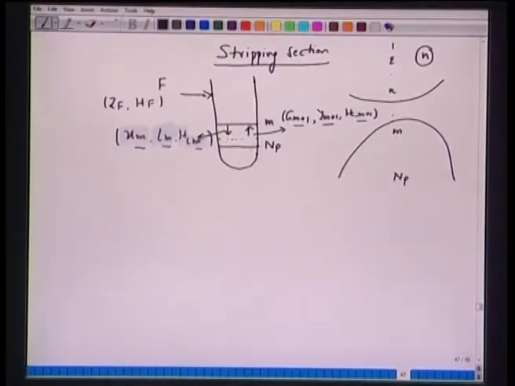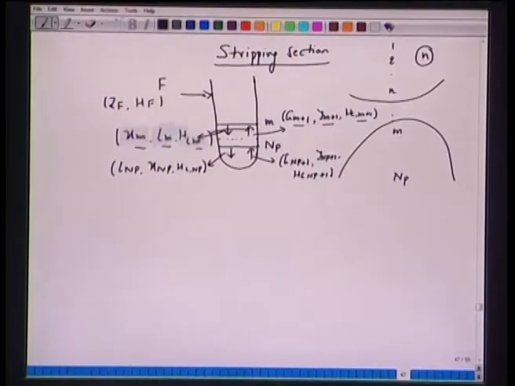Okay. So, for the last plate NP, we have G NP plus 1, y NP plus 1, and here we have H G NP plus 1. The liquid which trickles from the bottom plate has L NP, x NP, and we have H L NP, all right. So, this is what we have done now.